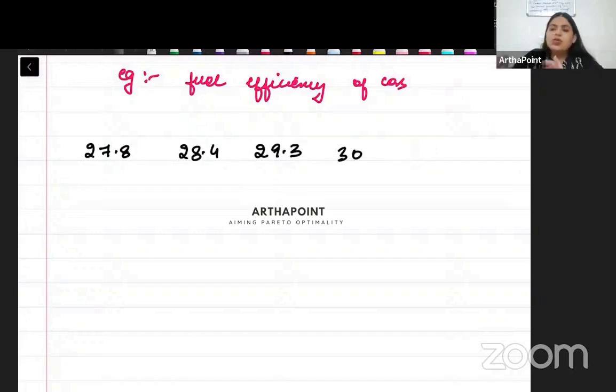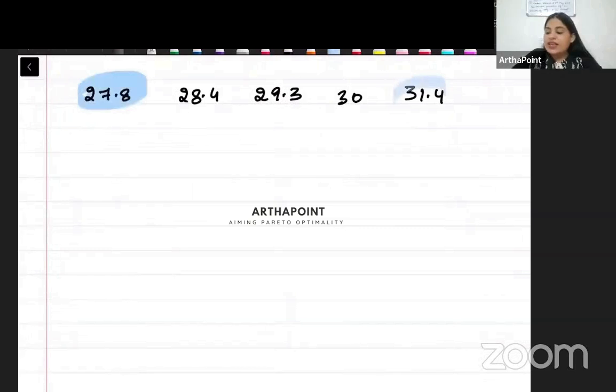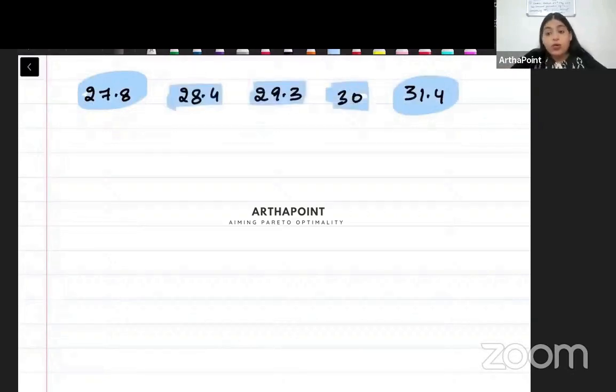And suppose, let's say you, from the data set, identify what is the highest and lowest value. So you understand that the lowest value is 27.8 and the highest value is 31.4. ठीक है? ये continuous data set है. So शायद हर नंबर सिर्फ एक एक बारी ही आ रहा होगा, उनकी कोई फ्रीक्वेंसी नहीं होगी,